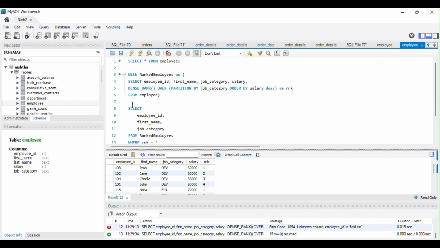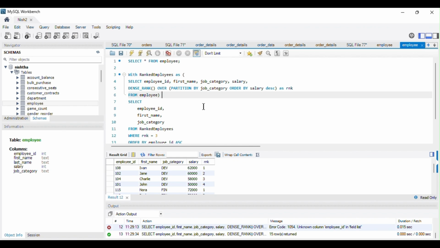If I look at the query here, what I first did is write a CTE named ranked_employees that contains all the employee records along with the ranking, with the alias RNK, based on their salaries within each job category, and this is achieved using the DENSE_RANK window function.